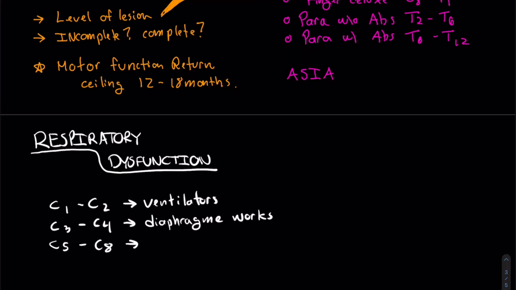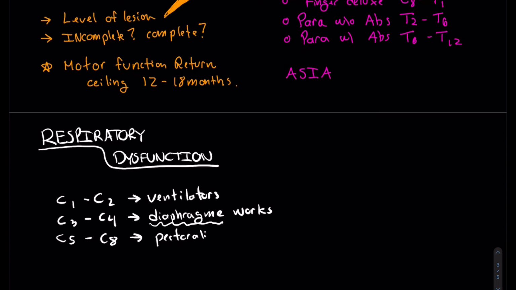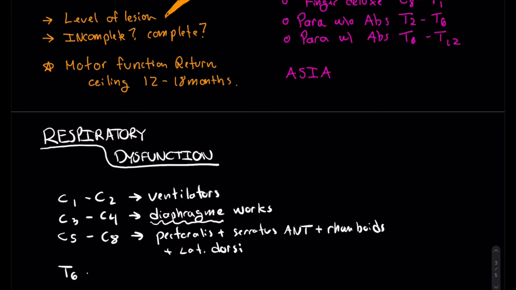So we have function of the diaphragm, but we also have pectoralis minor and major. We also have serratus anterior. We also have rhomboids. And most importantly, we have the latissimus dorsi, which is probably the most important muscle to have, functionally speaking. If we go down to T6 to T10, we'll have all the above muscles that work, but they will also have the